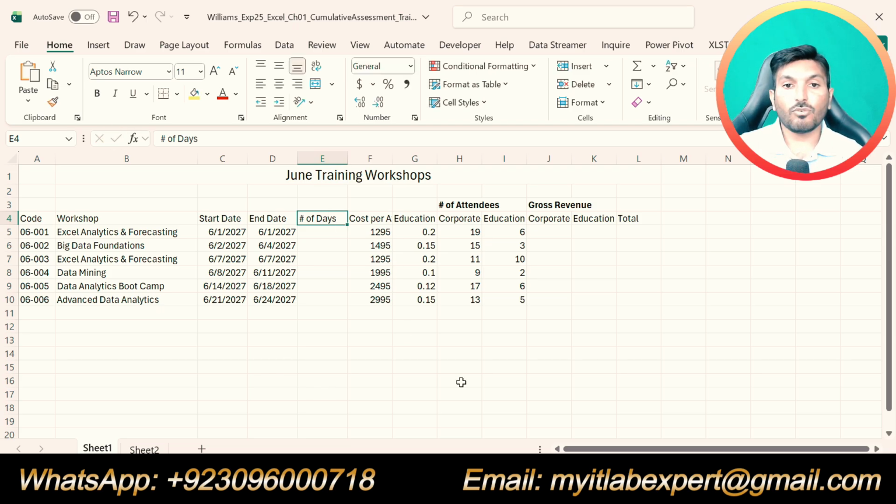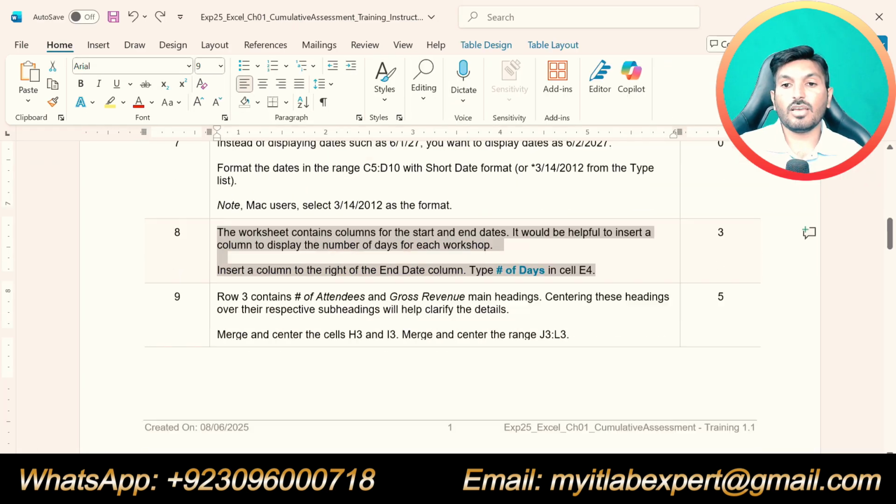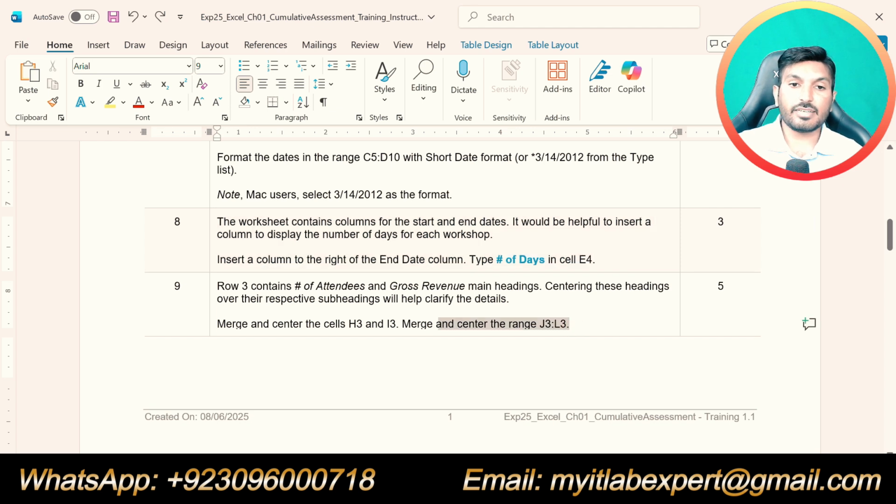So we have inserted a new column to the right of the end date column and we have given a name, that is number of days, to this column by entering this into cell E4. So that is all about step number 8. So we have completed step number 8 as well.